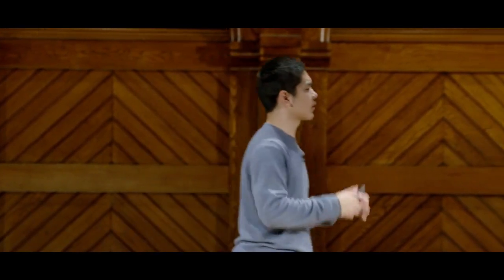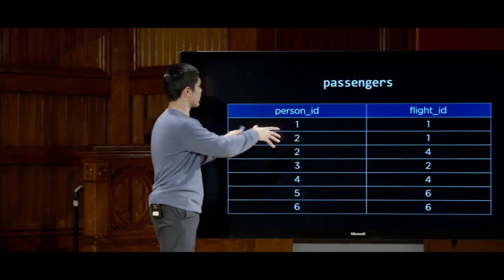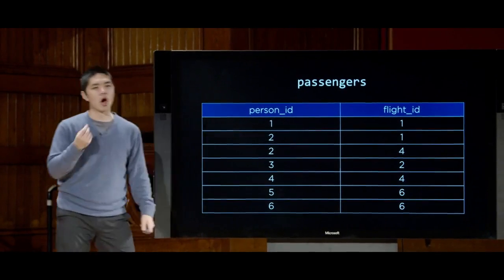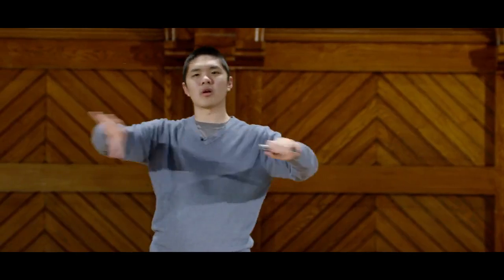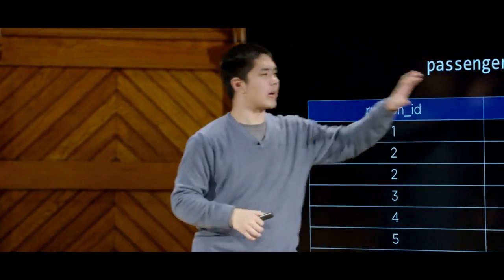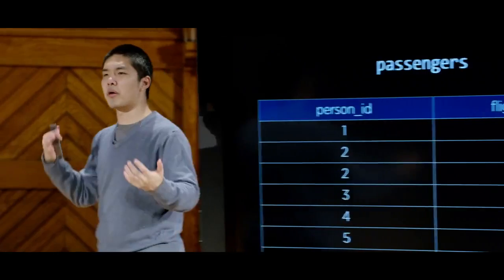And messy in the sense that it's not immediately obvious to me when I look at this table what data I'm looking at. I see these numbers, but I don't know what these numbers mean. I've separated all these tables into different places, and now it's a little harder for me to figure out who's on which flight. I have to look at this data, look up people in the people table, look up flights in the flights table, and somehow associate all of that information back together in order to draw any sort of